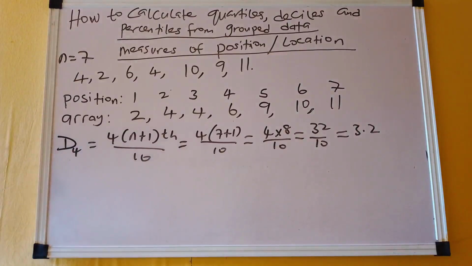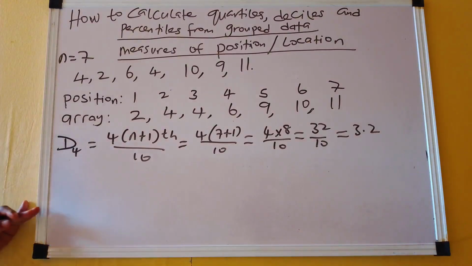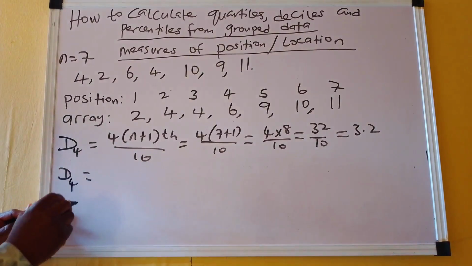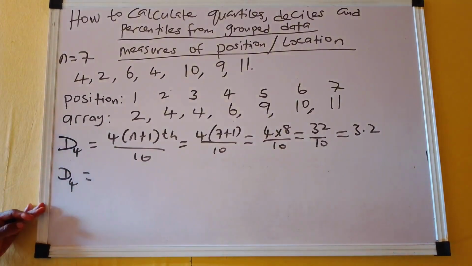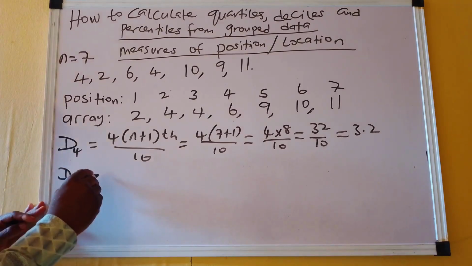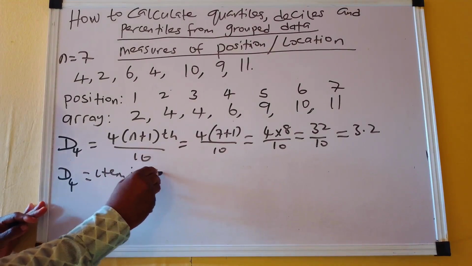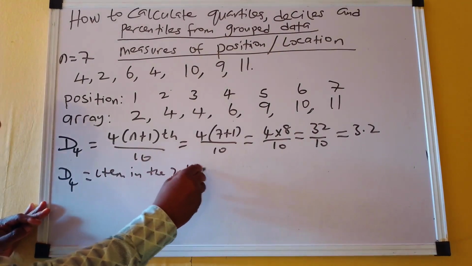So that means the item in the 3.2 position. Now we have to calculate the exact value of that D4. So our D4 will be equal to the item in the third position